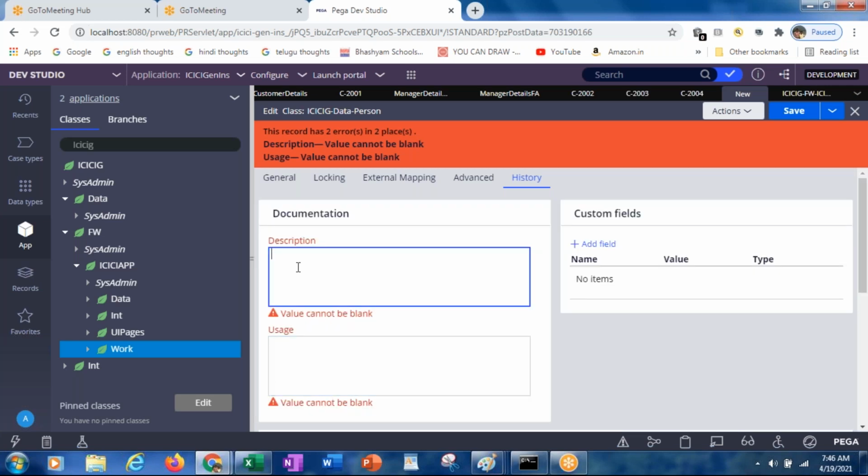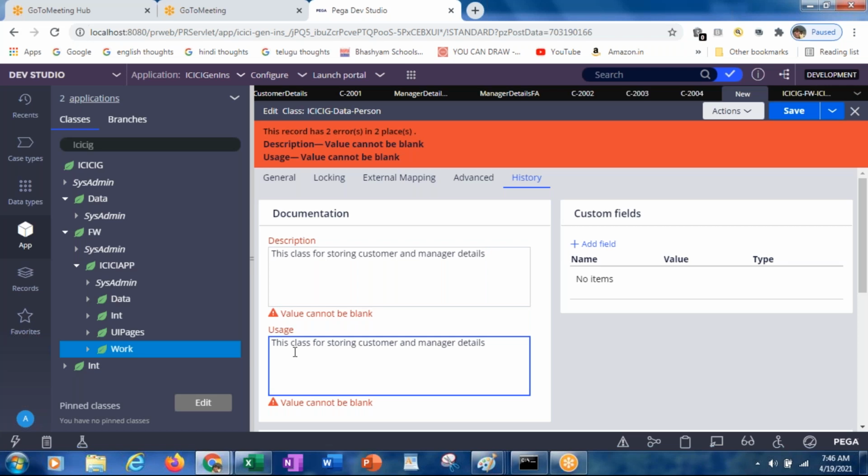Why you are creating this class, you have to specify here. Either you can give the same text over there.